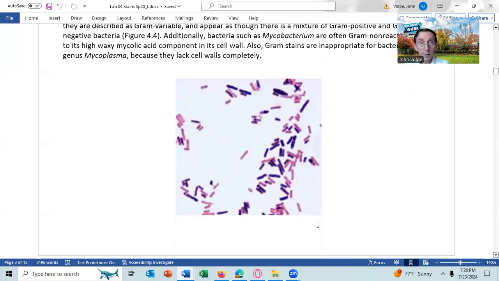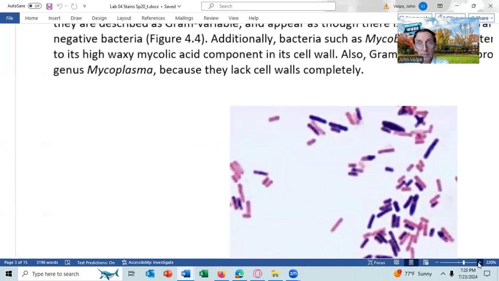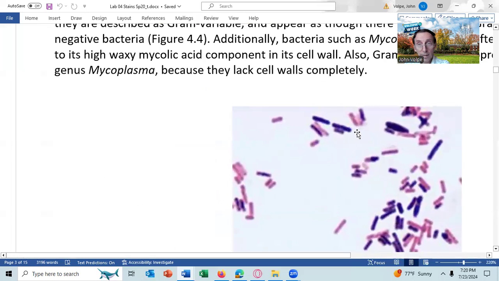Here is a mycoplasma, and you can see that this species of mycoplasma is staining both gram-negative, these cells here, and gram-positive, this cell there, that cell there, and that cell there. What do you notice between the gram-positive cell right there and those gram-negative cells there? What do you notice that differs between these cells? Come on, there's two things you should be able to see that differ. Well, if you're not going to state it, I'm going to just move on.